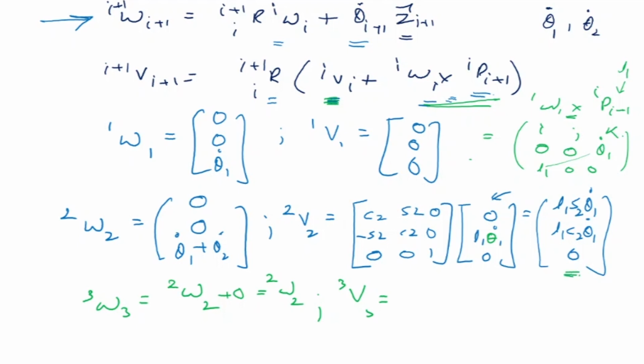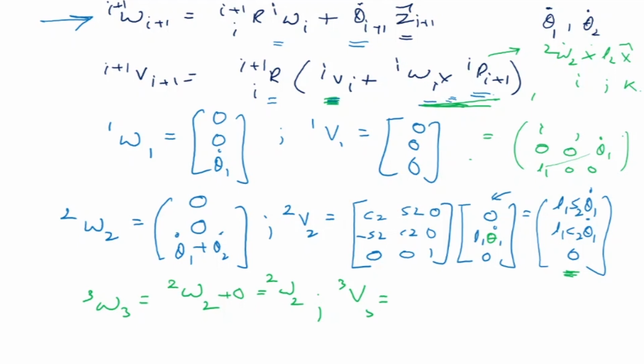So this is my angular velocity of the previous link, plus the linear velocity because of the previous link, and the velocity because of this omega i cross p i. So this will become equal to i j k. Okay, let me rub it out here. So this part is equal to omega 2 into L2. L2 is along the x direction, so it is i j k into omega 2.